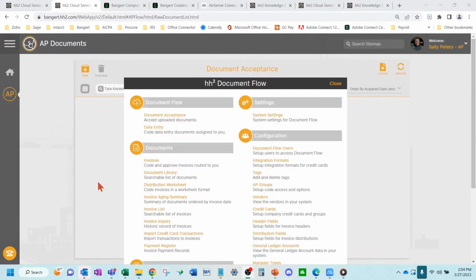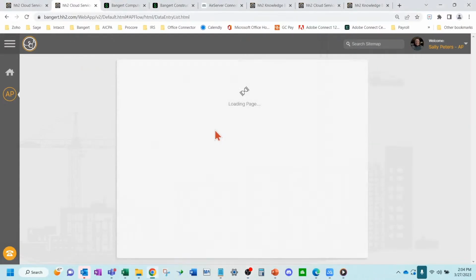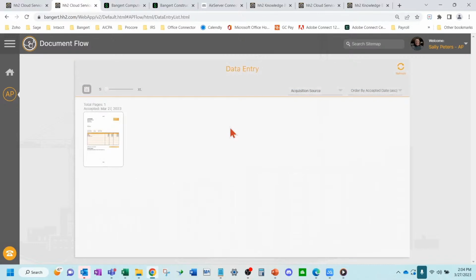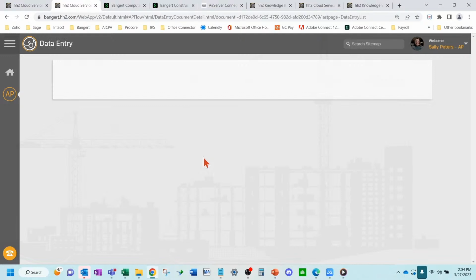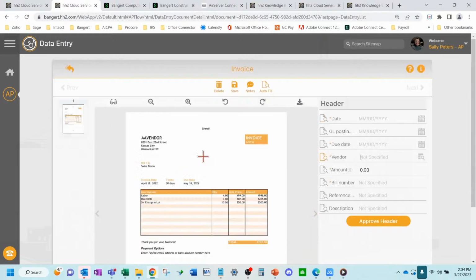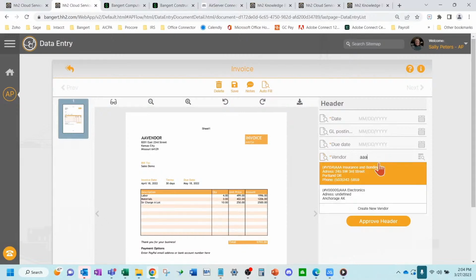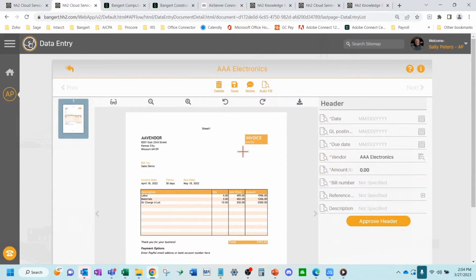Okay, so I want to show one more data entry screen when we capture an invoice, what you can do in HH2 here. So here's a different invoice, and we're going to pick the vendor over here. Just pick somebody.